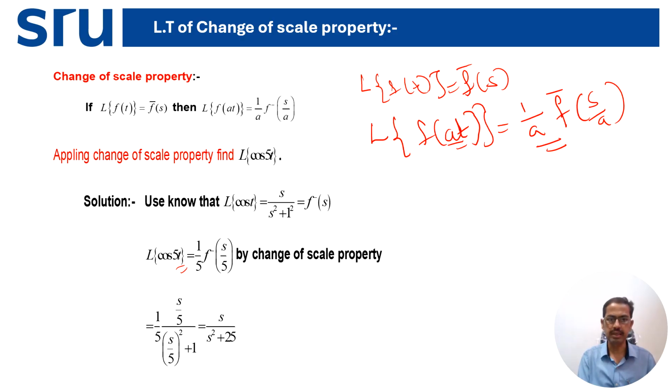So in place of s what do you write? s by pi. So 1 by pi, s by pi, here s by pi whole square plus 1. Now take the LCM: s by s square plus 25, the Laplace transform of cos pi t. Right? And next is,